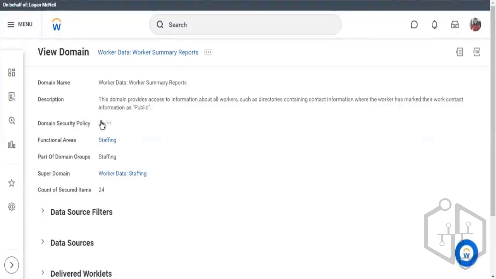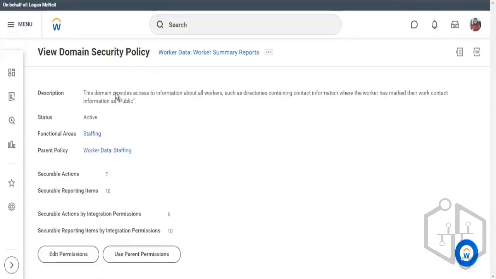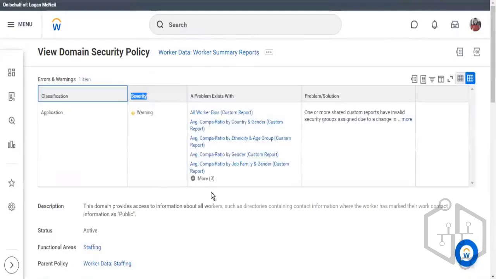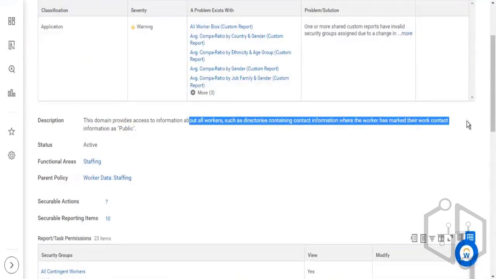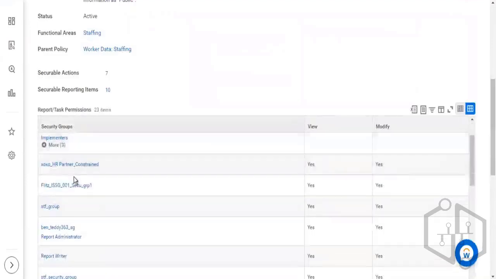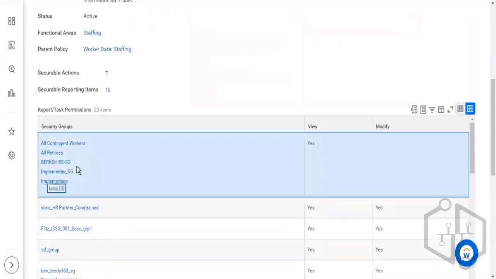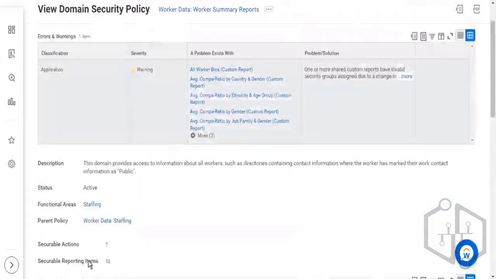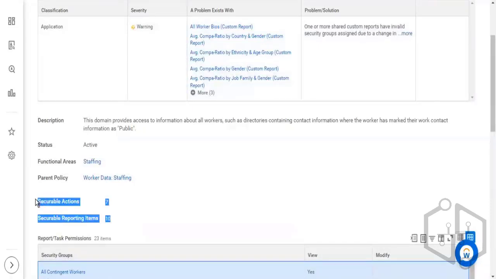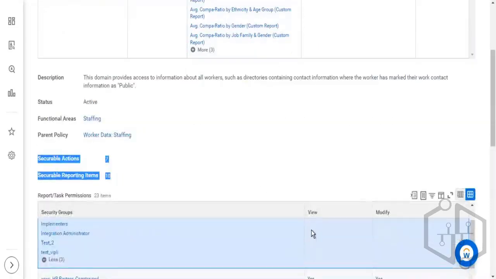So the idea is any security groups. So this domain gives you access to information about workers and so on and so forth. And if you see, these are the security groups, which means they have view access to this domain, which means all objects within this domain, they can actually view,